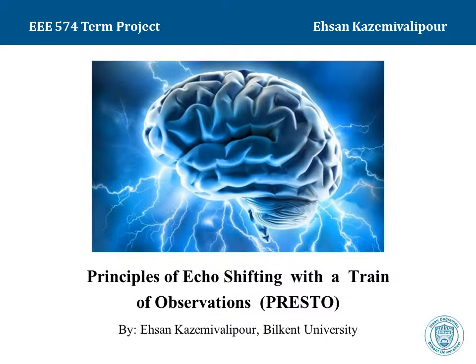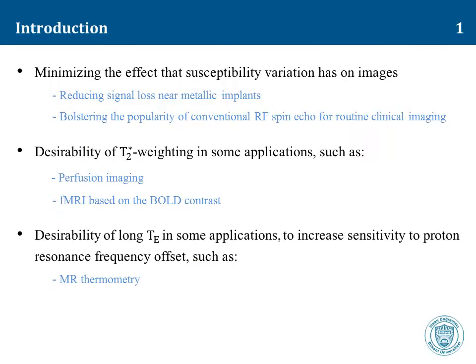Hi everyone, in this presentation I'm going to describe one of the many MRI pulse sequences. Among different pulse sequences I have chosen principles of echo shifting with a train of observations, or PRESTO, to work on it. In many MRI applications it's desirable to minimize the effect that susceptibility variation has on image,